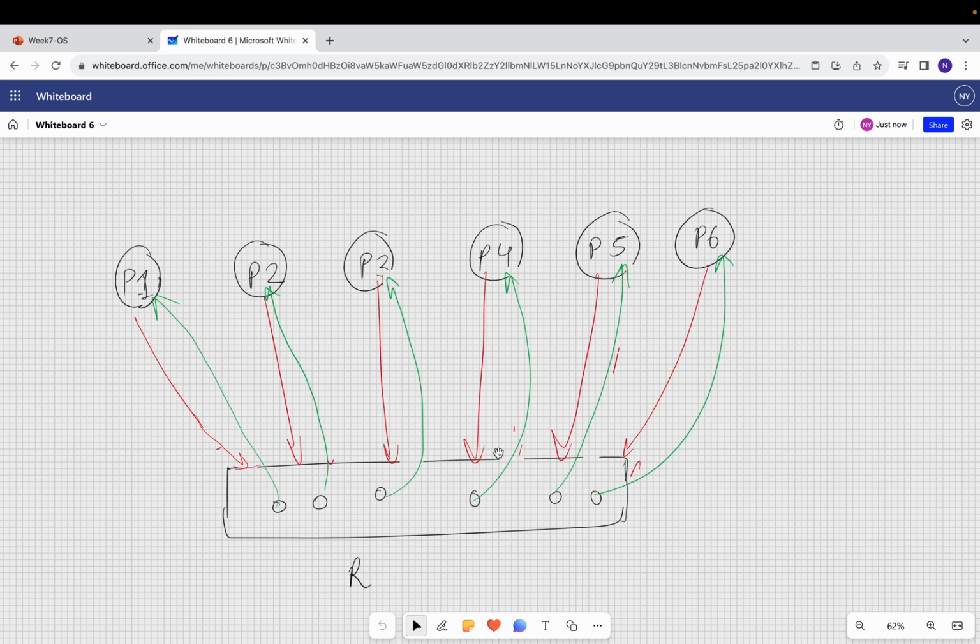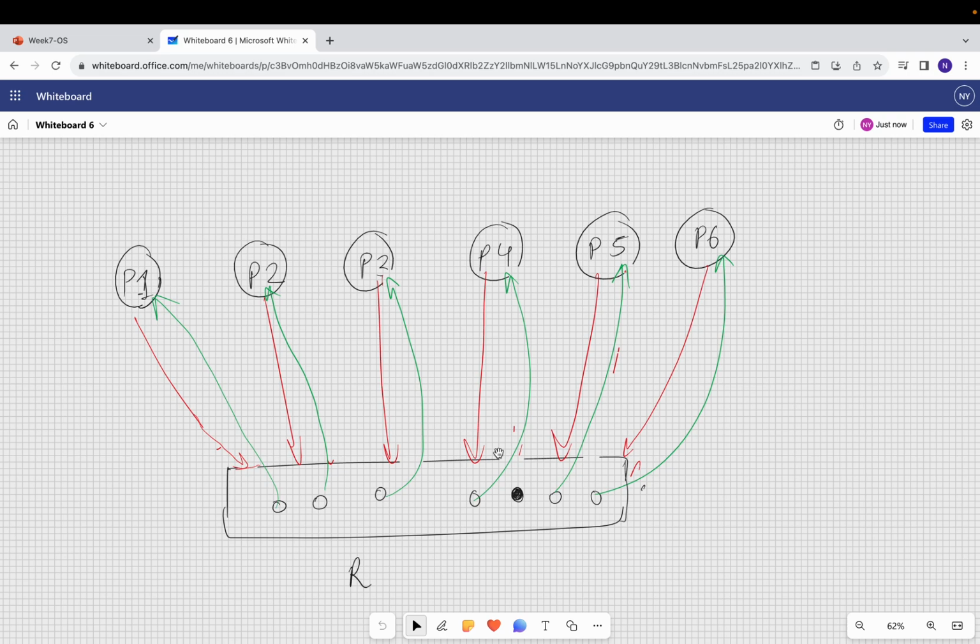But if we have only this many resources and we have given 1 unit to each of the processes, then they are still deadlocked. So if there are 6 processes and there are 6 units of resource R, then there will be a deadlock. But if we have, say, one more unit here, then this unit we can give to one of these processes, say P5, and then P5 will be able to